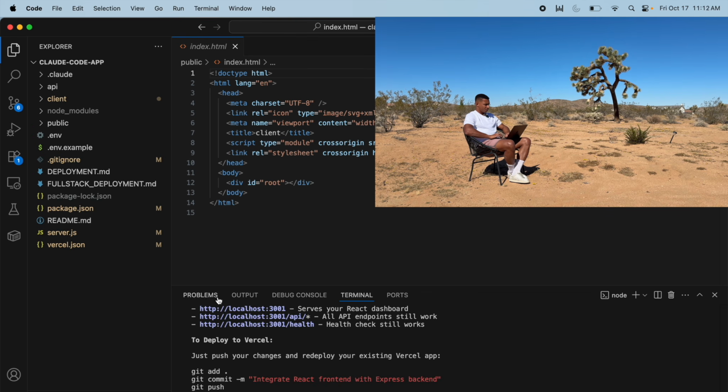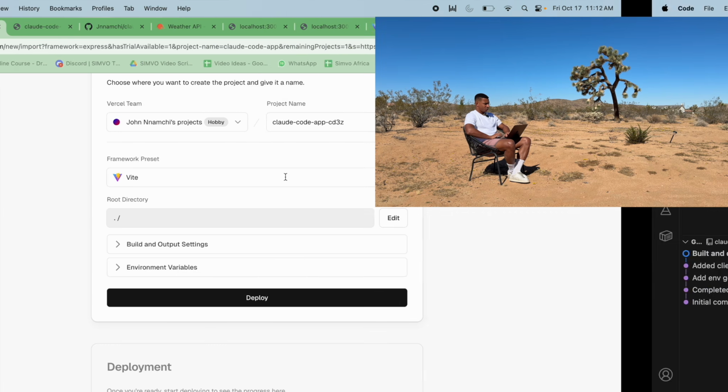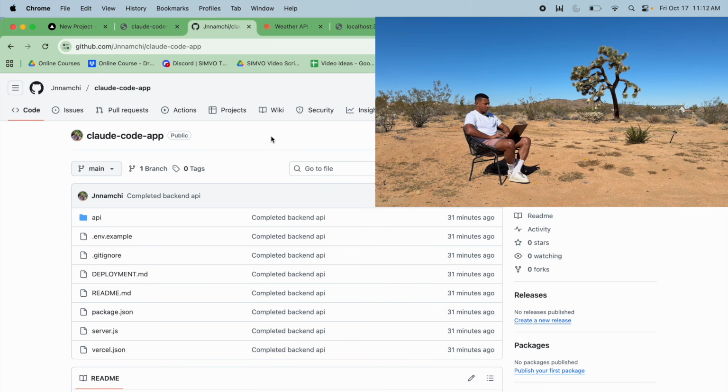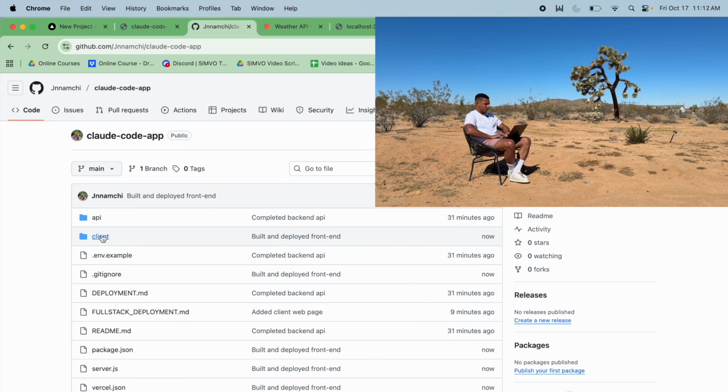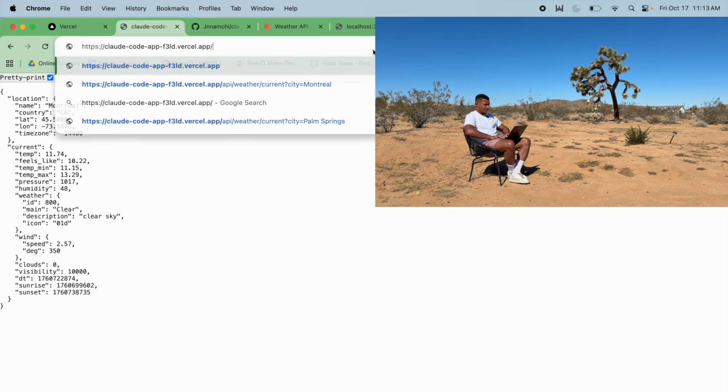All right, so now to deploy, we just need to push our changes. So let's push everything, and then now we say built and deployed front end. I'm gonna commit and push. So our GitHub repository should now have the new stuff. Yep, it does. And then in Vercel, now,